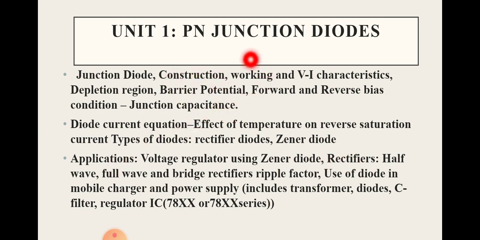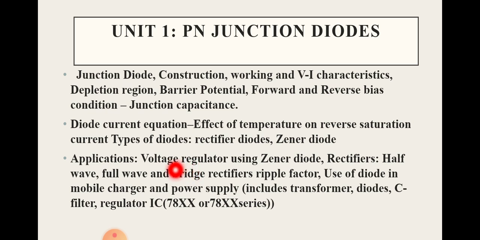So after studying the basic parameters of PN junction diode, and after studying the different types of diode, we are going to study the applications. So what are the uses of these diodes in day-to-day life, that we are going to study in applications. Just I told you that rectifier is the conversion of AC to DC. So that is an application of rectifier diode. Like these applications, we are going to study in this topic.